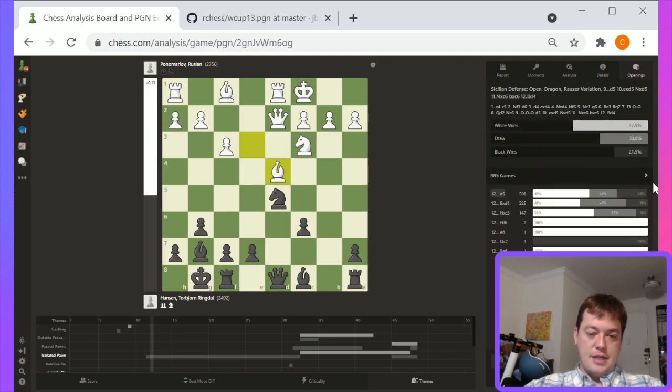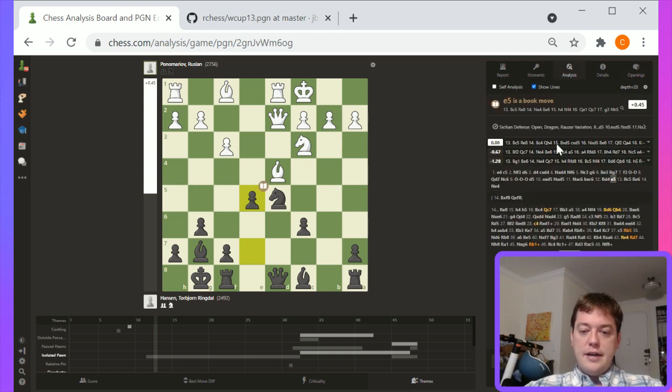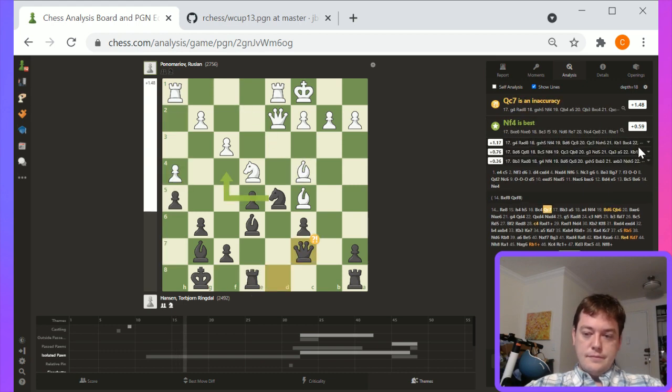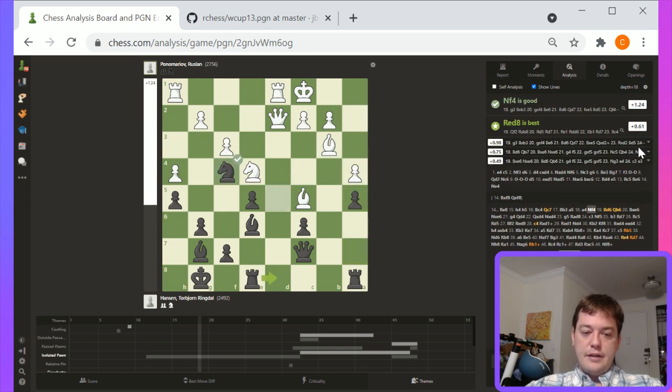But that practical compensation probably isn't factored. We're still in common opening theory too, though. So this is GMs playing the dragon, and this is not an uncommon line. Bishop to b3, a5, a4, knight to f4. But